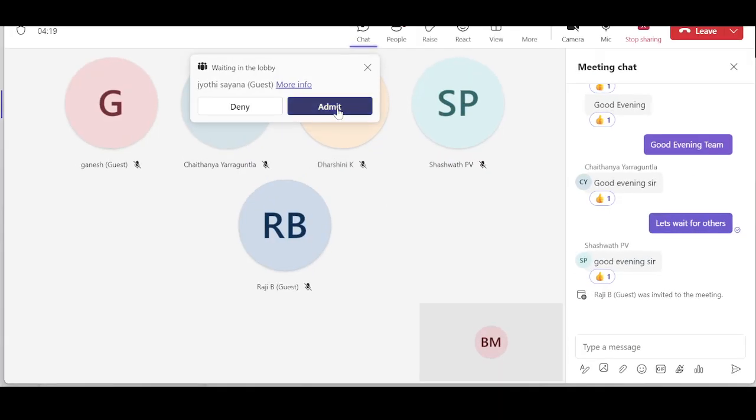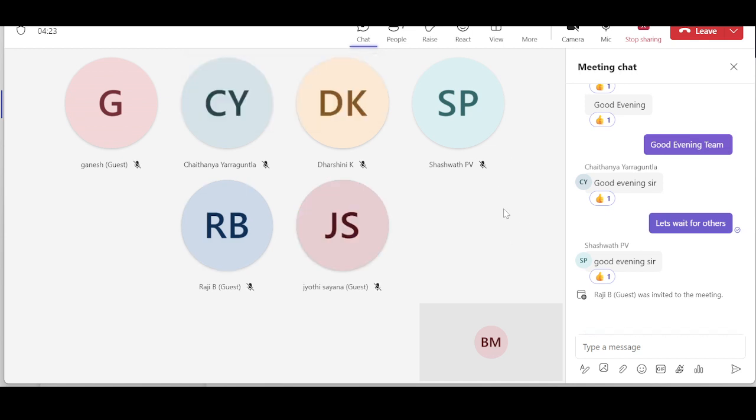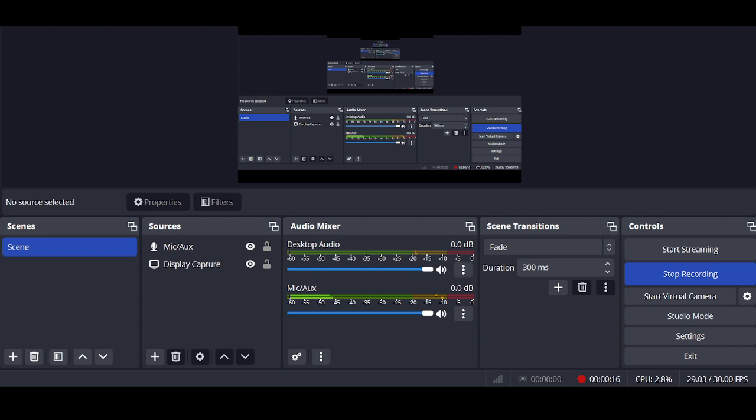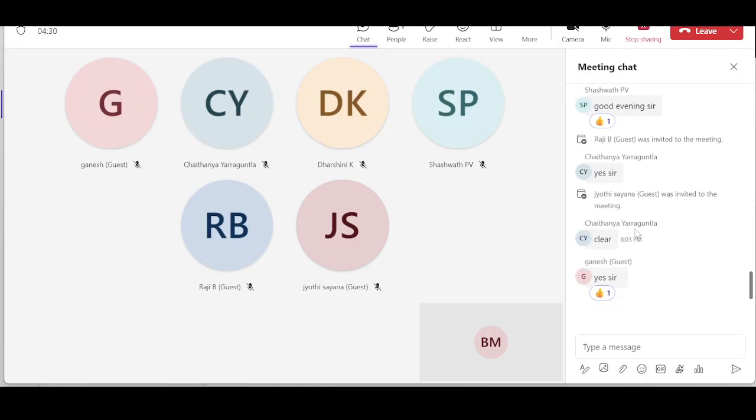Can you confirm if my screen is visible? Okay, Chaitanya. Okay,